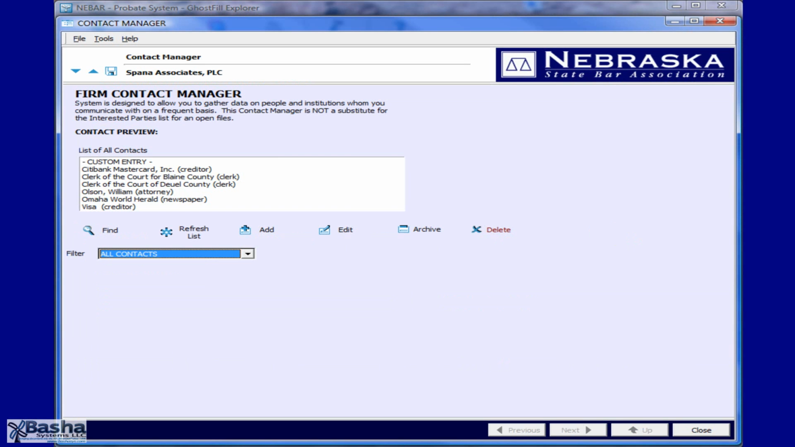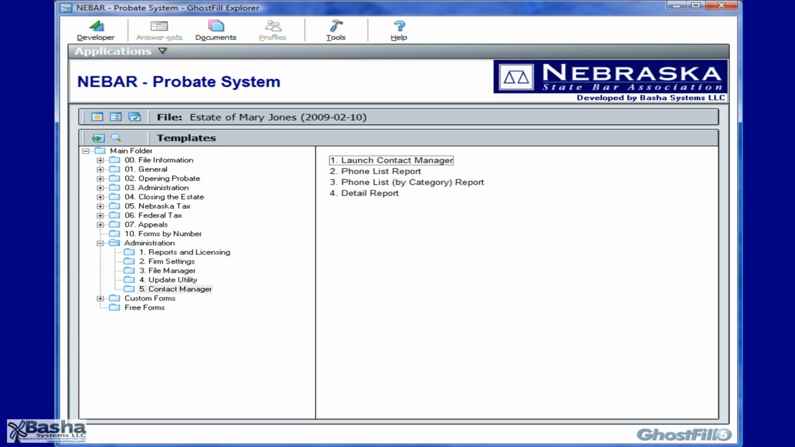Your list has now been updated with the new clerk. Click Close at the bottom right of the screen. Congratulations, your firm is now configured. You will probably not have to visit this area very much. You will only need to visit this area to add contacts, update attorneys and staff,